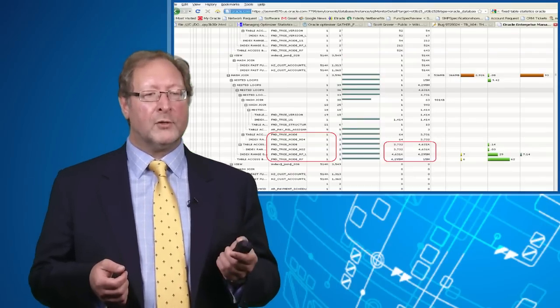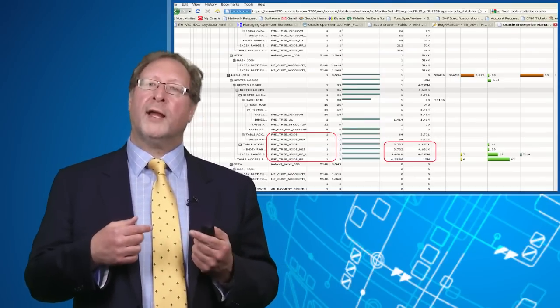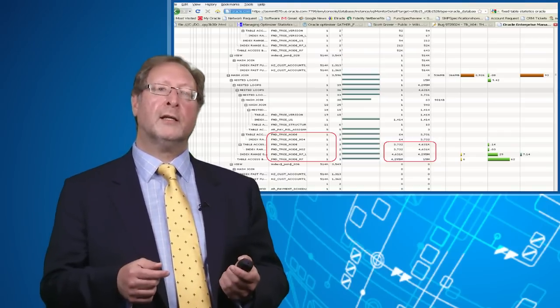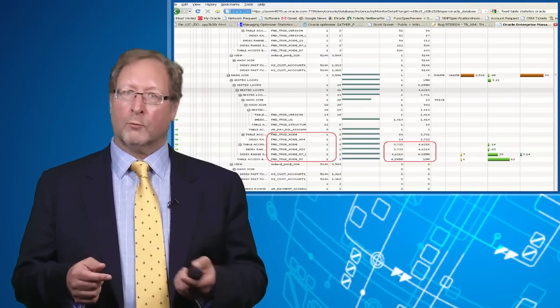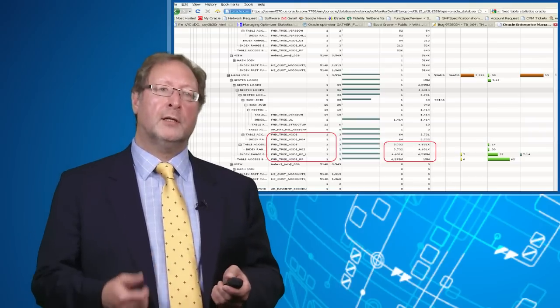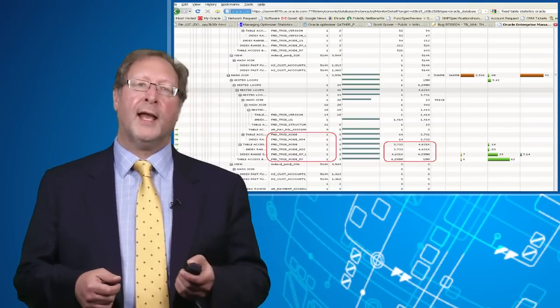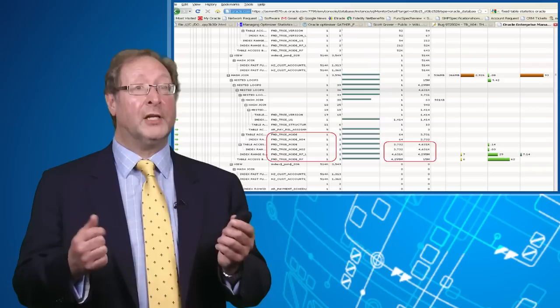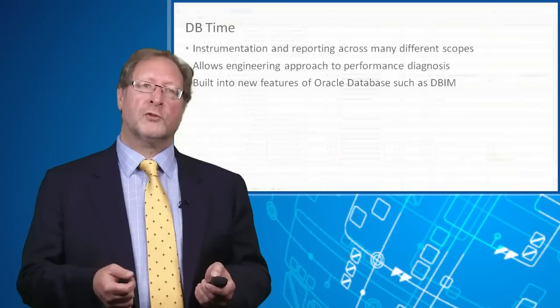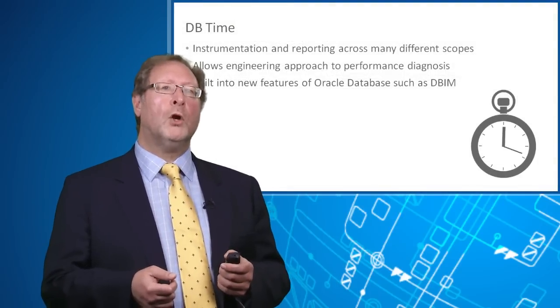So here we can see where the CPU resource was being used in terms of individual plan lines, and that's really a very powerful way for diagnosing what was the problem with a SQL statement. Right? SQL Monitor is an excellent, relatively new diagnosis tool for individual SQL statements. Okay, so